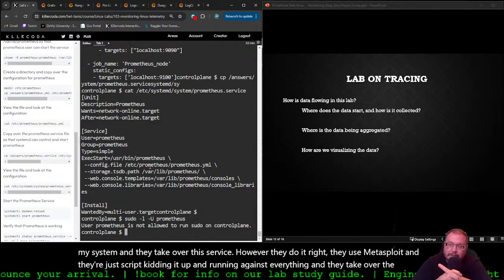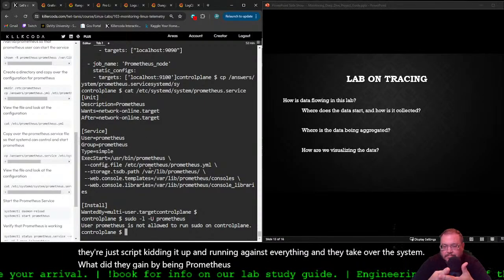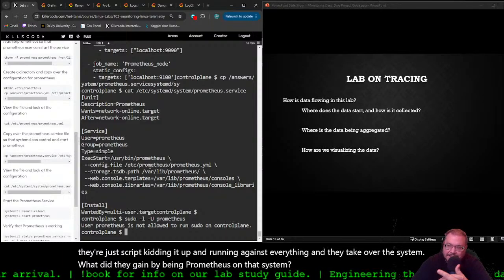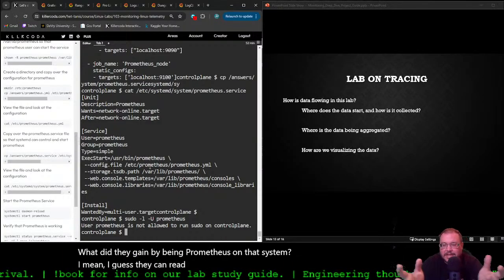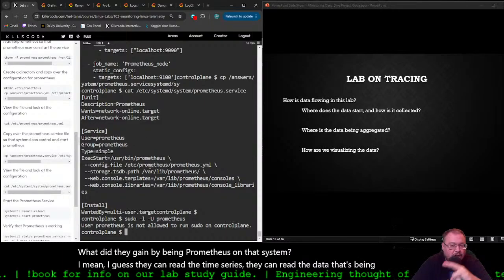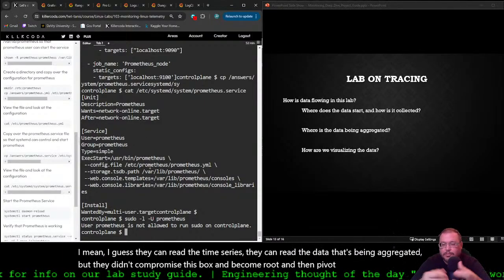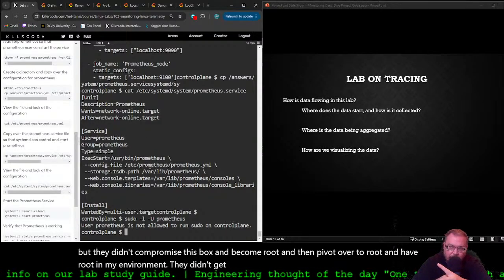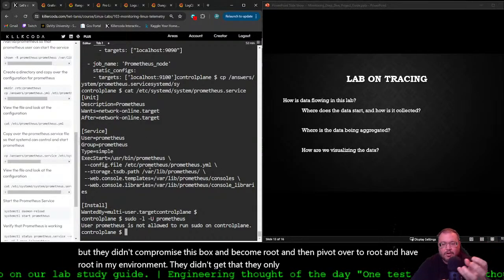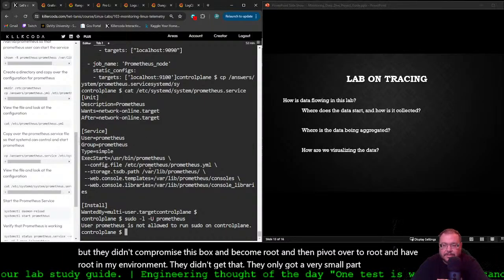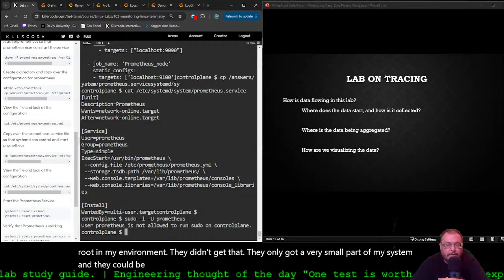What did they gain by being Prometheus on that system? I mean, I guess they can read the time series. They can read the data that's being aggregated. But they didn't compromise this box and become root and then pivot over to root and have root in my environment. They didn't get that. They only got a very small part of my system, and they could be annoying, but they're not compromising the box.